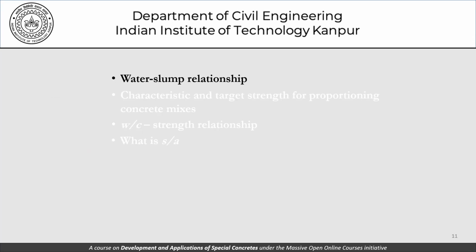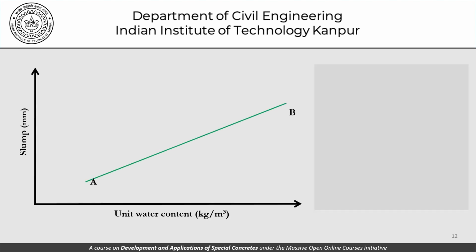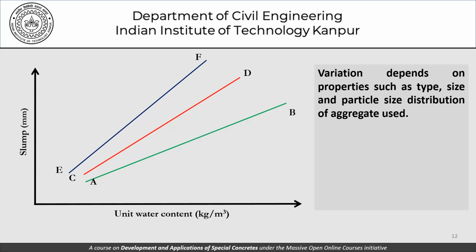Coming to the first part, that is the water slump relationship, we've already agreed that as the water content in the concrete is increased, the slump will increase, water being the only liquid component in the mix. Now, whether the line will look like this, and the line is of course the simplest relationship that we can think of, or it will be something different, or it will be something yet different. That would depend on what kind of material we use. Primarily, what kind of aggregates, the particle size distribution of those aggregates, the sand and the coarse aggregate, what that